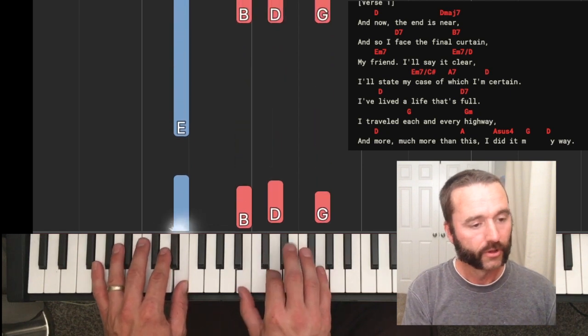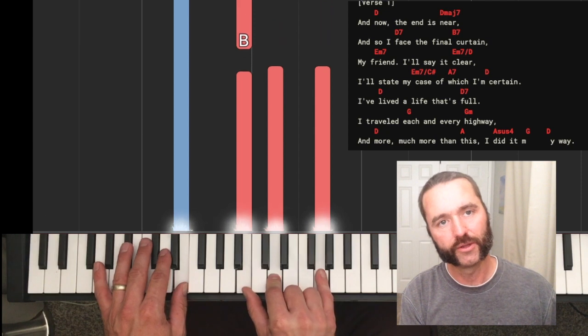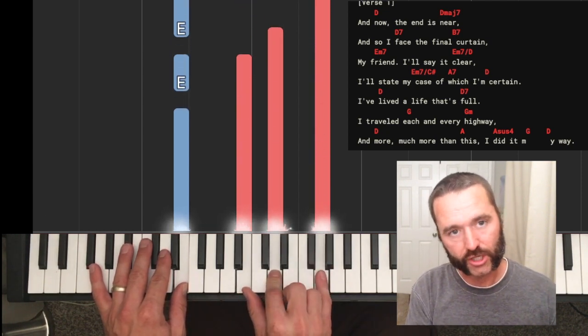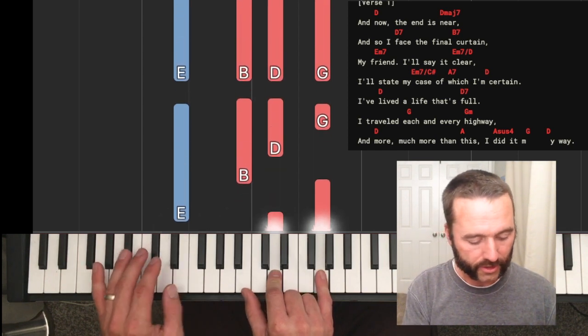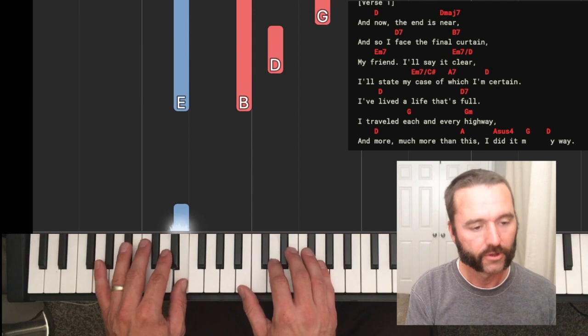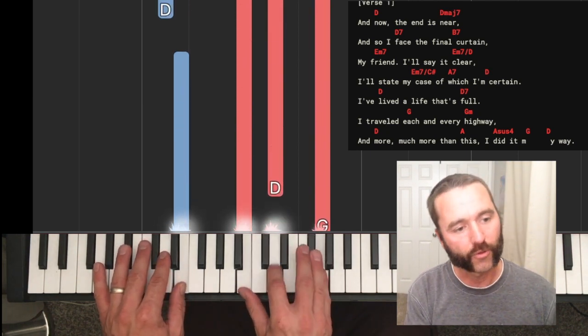Now, so for this one, I'm on E. I'm going to do a G chord, essentially, in my right hand. B, D, G. Okay, so E, B, D, G is actually E minor 7. Okay, so these tapping together. 1 and 2 and 3 and 4 and...